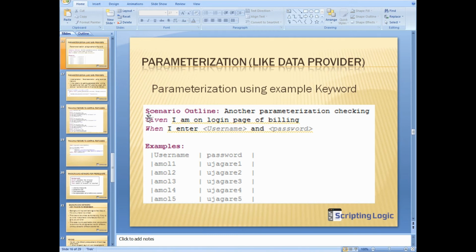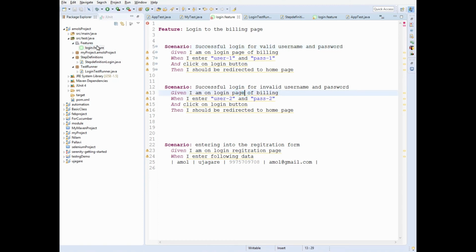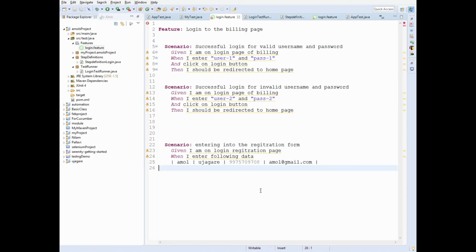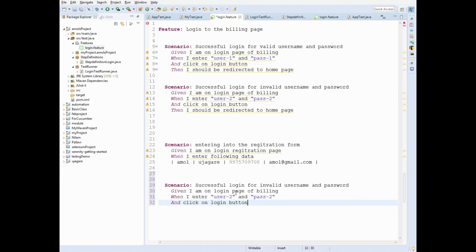We will implement this same example. So I'll write the feature file. So let's say scenario outline. I think this O is capital.